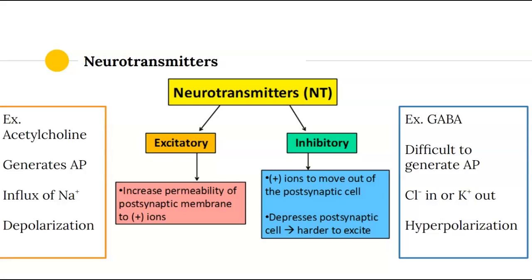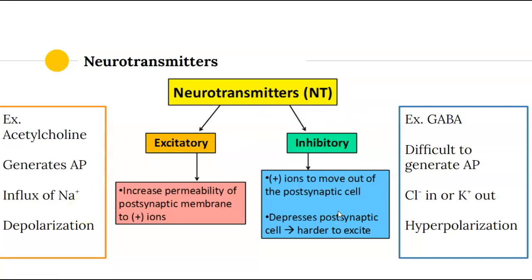All right, so neurotransmitters again. There's excitatory, there's inhibitory. We're going to talk quite a bit about these different types of neurotransmitters in our next set of notes, but basically, excitatory increases the permeability of the membrane, so it generates an action potential, it has the influx of sodium, and it causes depolarization, whereas inhibitory